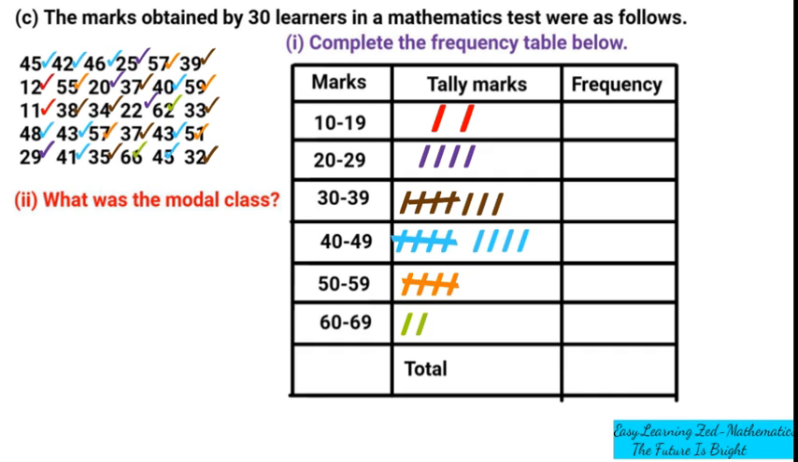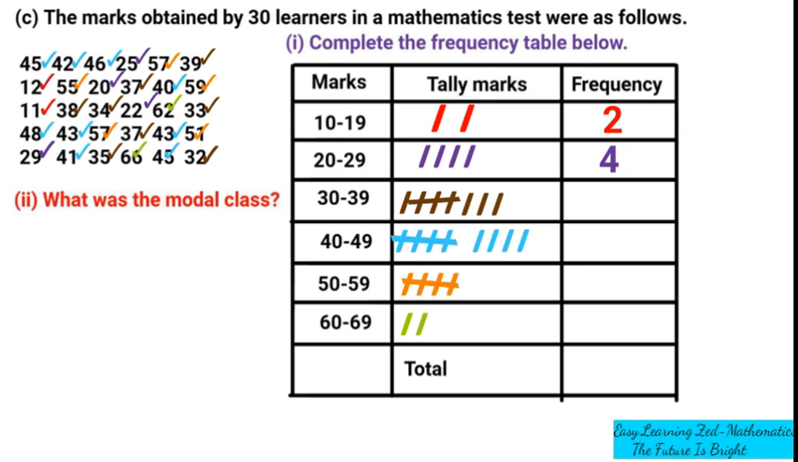So the frequency is the number of times a certain class of numbers appears. Numbers between 10 and 19 are 2, so we're going to put 2 there. Numbers between 20 and 29 are 4, so we write 4 there. That's a frequency. The numbers between 30 and 39 are 8, so we're going to put 8